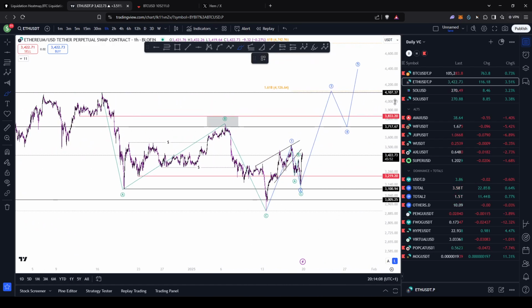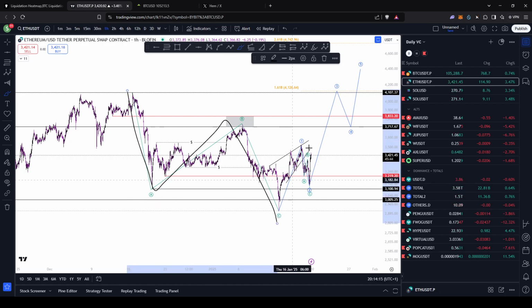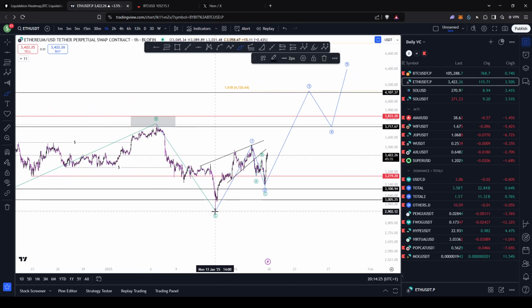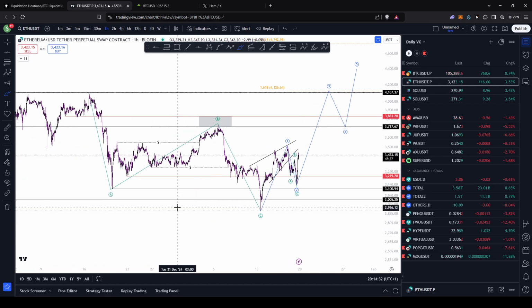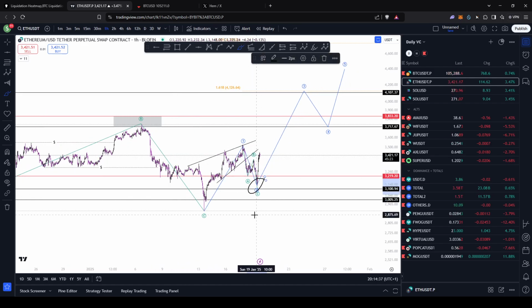It looks quite different from both Solana and Bitcoin. Of course, we do have that same ABC corrective structure that we do have on basically most coins. But here is the thing. Solana and Bitcoin do not have this deep of a pullback like Ethereum does. There is a chance, because you're putting in a higher low right now. We have not seen this higher low on this type of structure on Bitcoin yet,